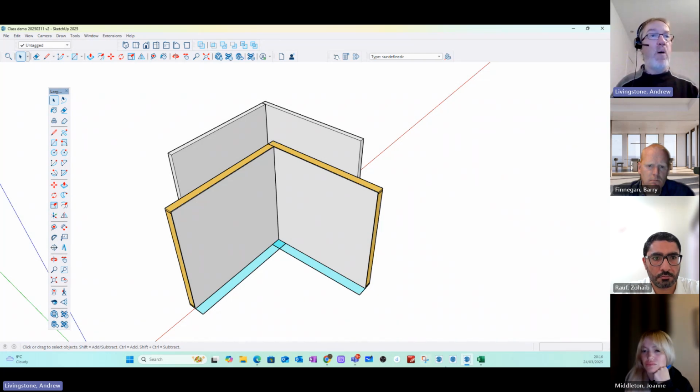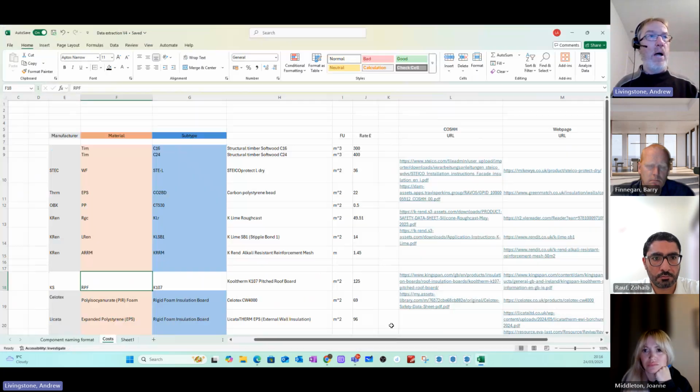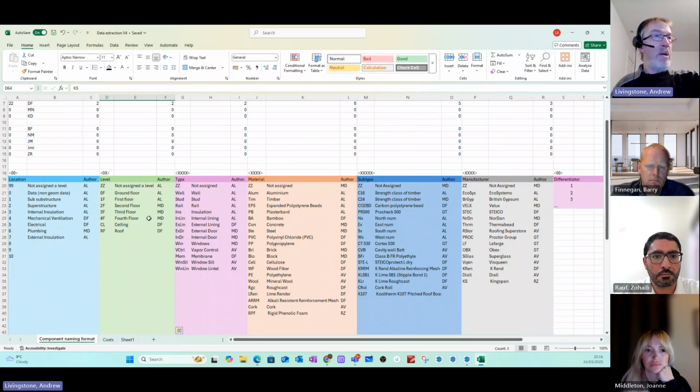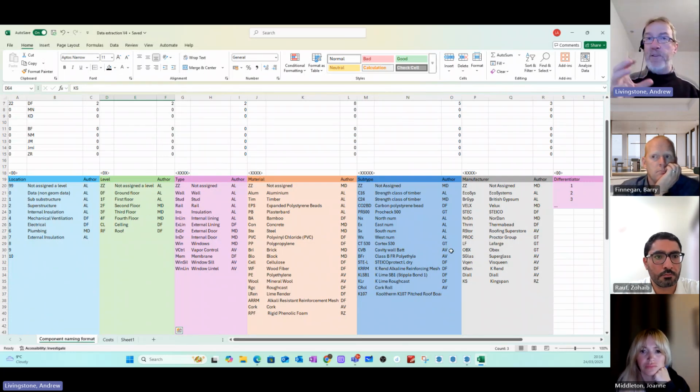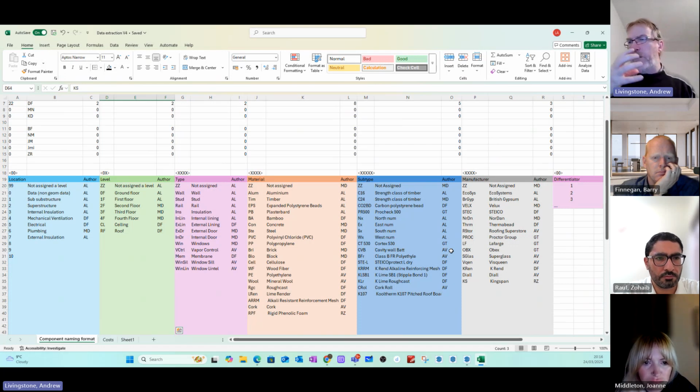This protocol, I'll go back to sharing my screen. This protocol thing, this naming thing, if that's done correctly in the first place, then everything that's in that model will have a meaning, it'll have data attached to it. You can attach in there things like maintenance scheduling, or what is the product, how does it need to be maintained. Now, whether it's stored in the BIM side, or the non-geometry data,